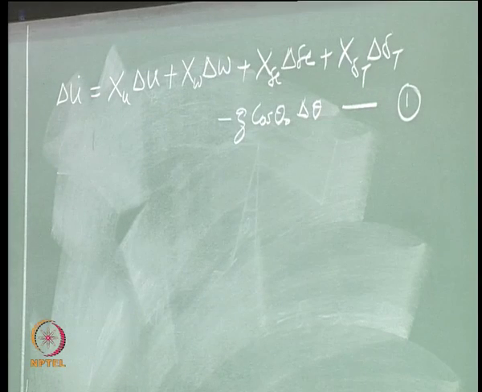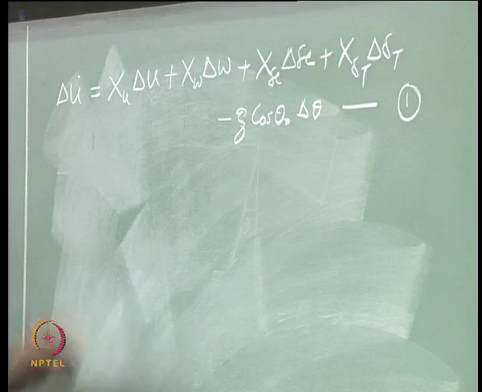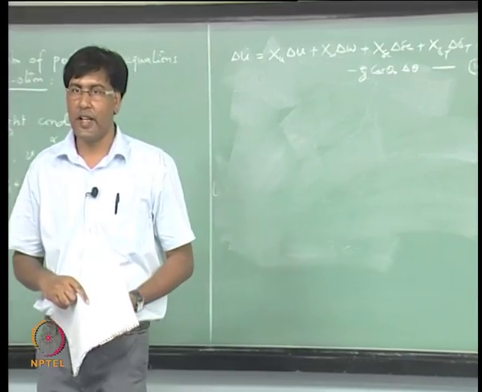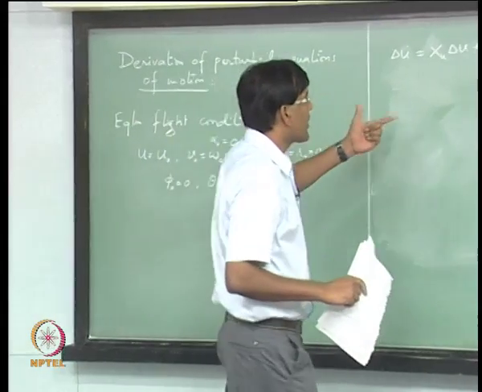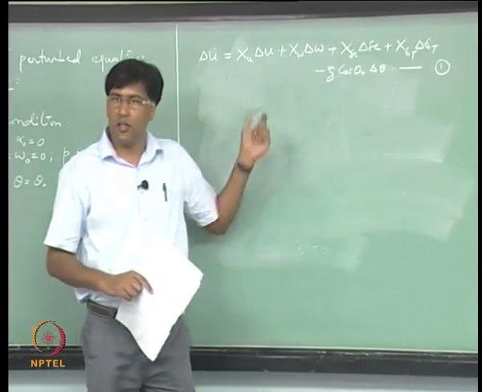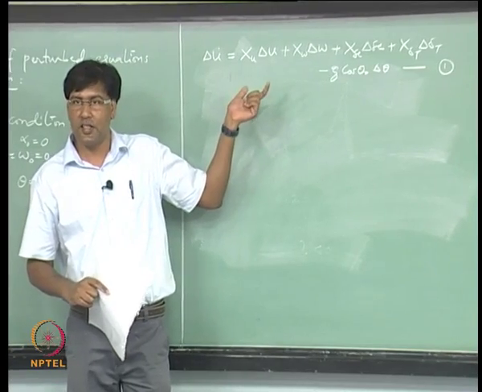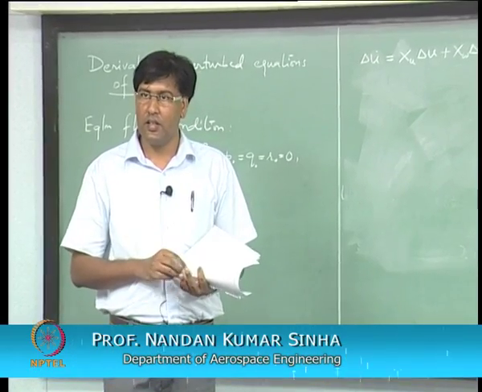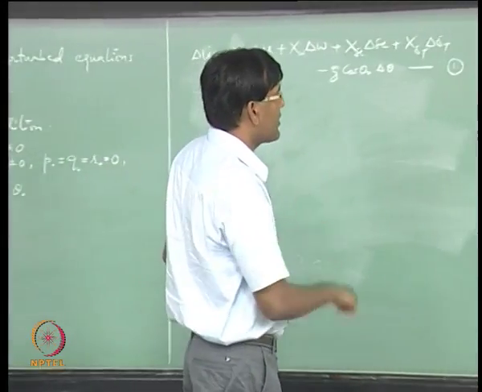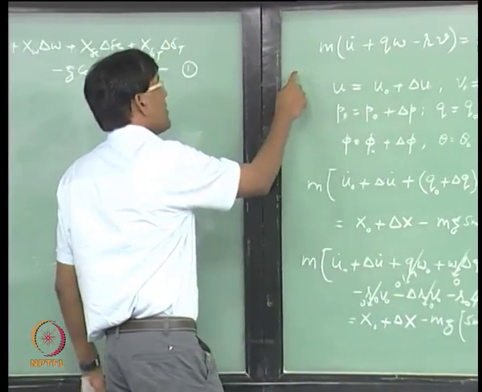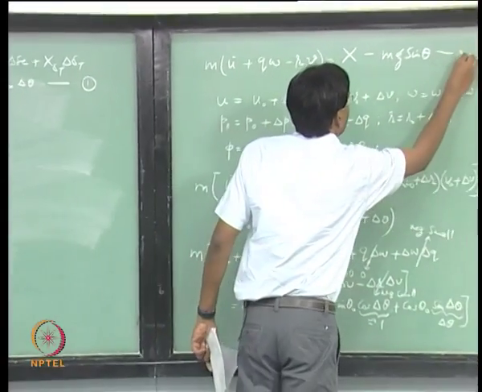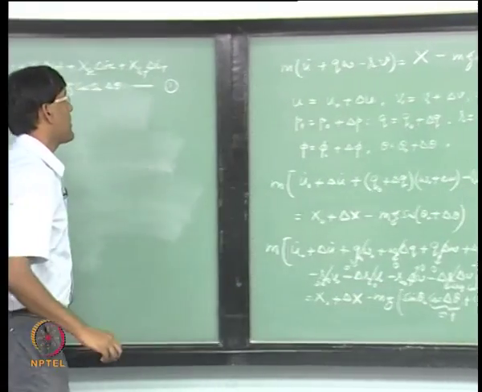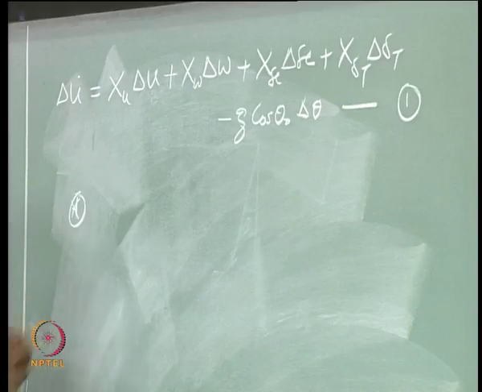This is the first perturbed equation in the body fixed x axis. So, we have to repeat this exercise for all the equations. There is another way you can do this. Use Taylor series expansion. So, let us see how we can do that. So, I am rewriting this equation as